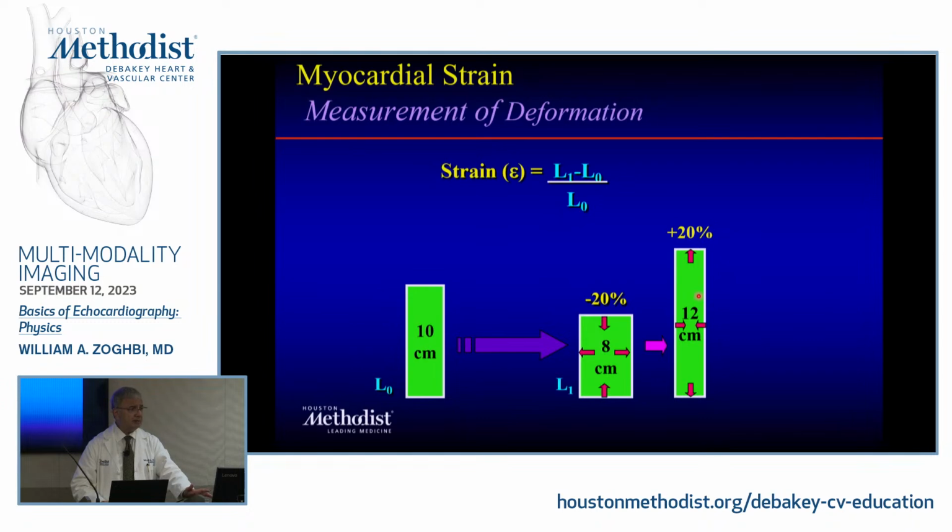And it's in percentage. And before strain, the only time you could look at percentage of thickening or something was by M-mode or 2D, where you have to measure it, but usually from the parasternal window. From the apical window, you can't measure anything really. But this is, I think, the major advantage of such.